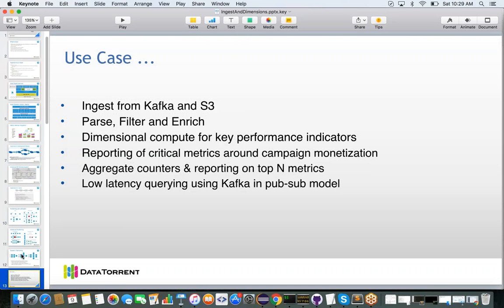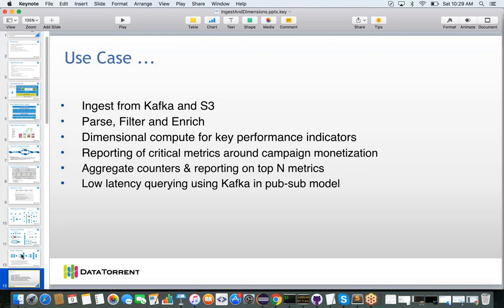They were parsing data, filtering the output data of the parser, then doing some lookups based on flat files as well as databases. The flat files were changing periodically. They were giving some metadata and changing over a period of time. After the enrichment, they were doing dimensional compute, basically to compute some of the key performance indicators. And after that, they were reporting critical metrics around campaign monetization, just to see how their ad campaigns were doing in the real world,